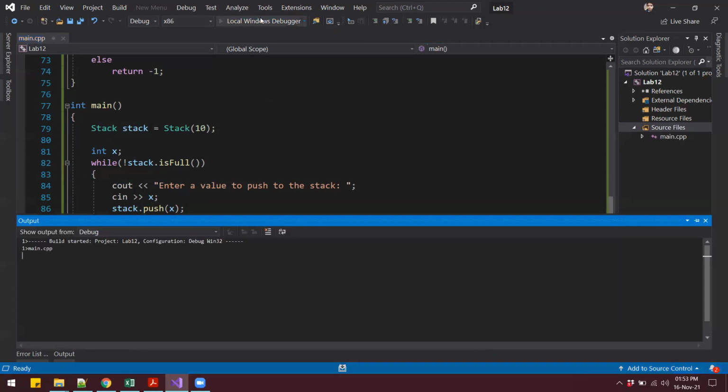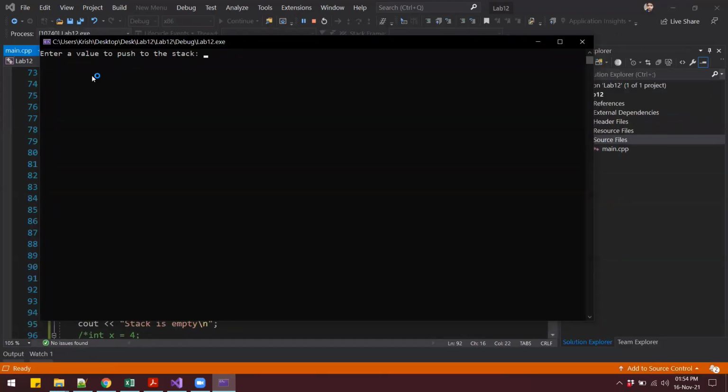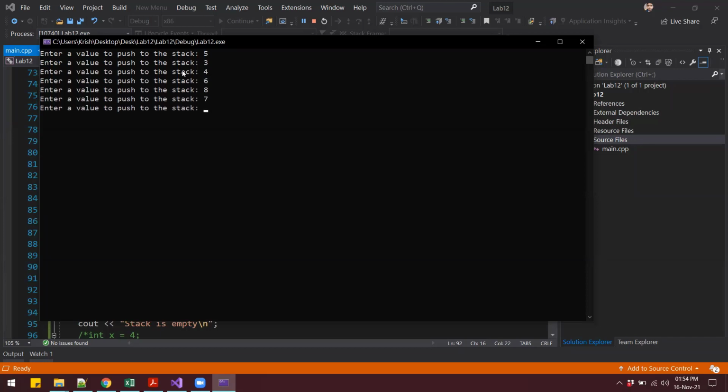Let's run this code and see if it works. Enter a value to push to the stack. So let's enter 5 3 4 6 8 7 1 0 5, or let's say 4 2.